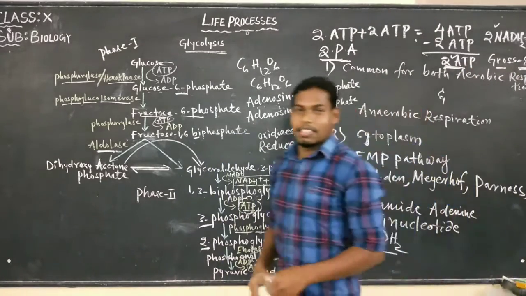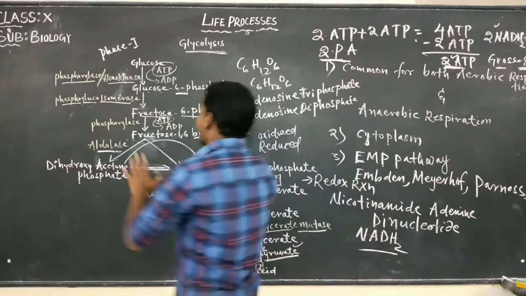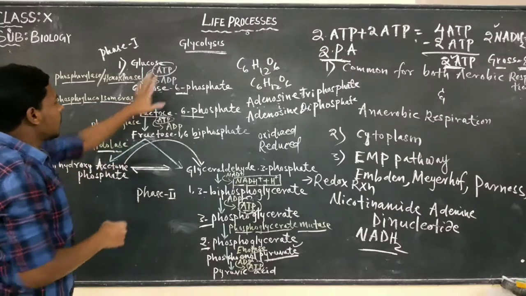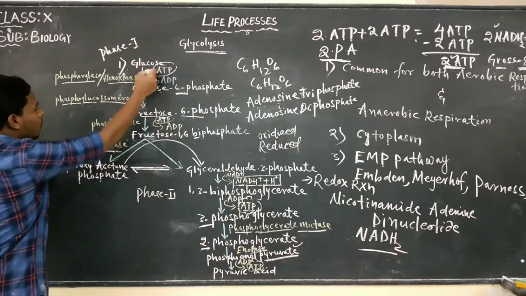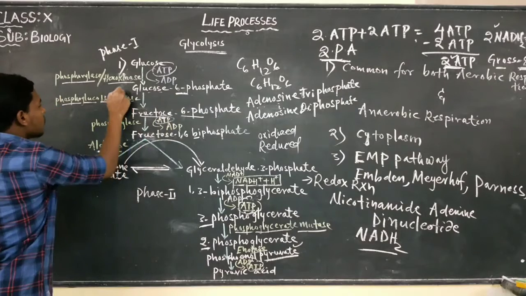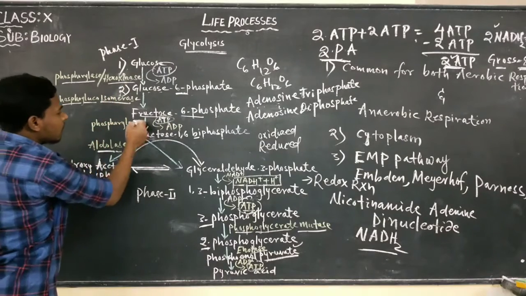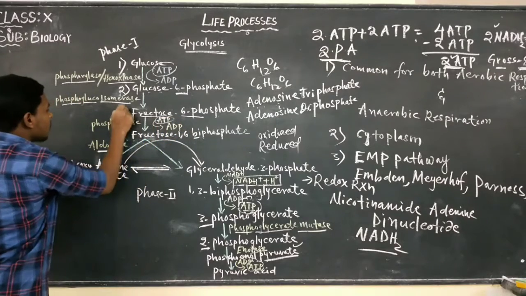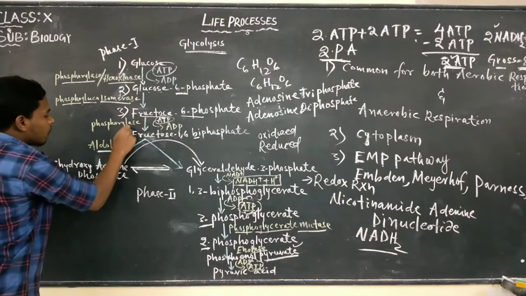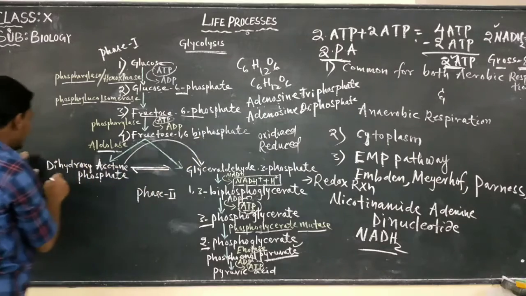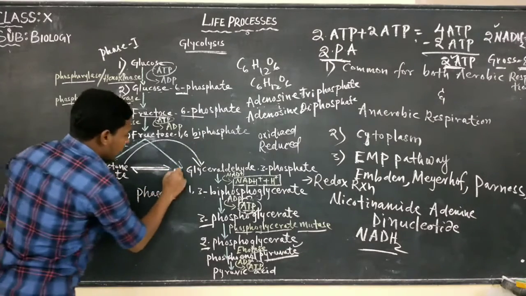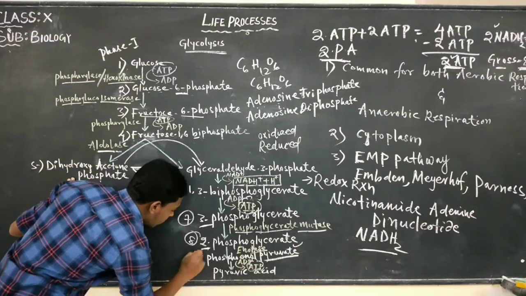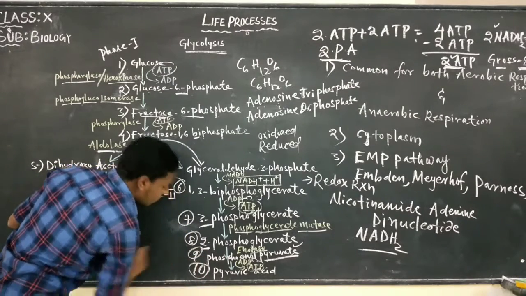All these things have 10 steps. In glycolysis there are 10 steps. First one is glucose gets converted into glucose 6-phosphate. Then this glucose 6-phosphate gets converted into fructose 6-phosphate. Third one. And this is the fourth one, fructose 1,6-biphosphate, and this is the fifth one, and 6, 7, 8, 9 and 10. Okay, so there are